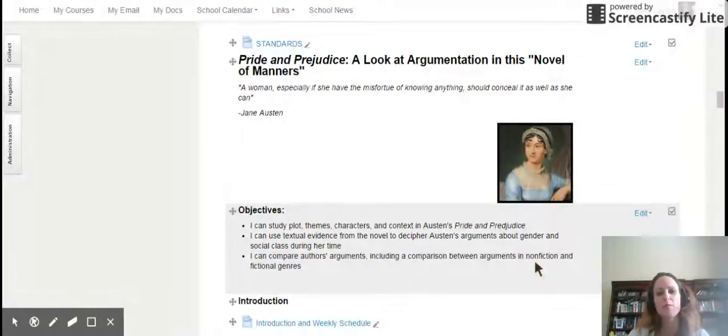This week we're going to be focusing on the fictional story, but we're going to be looking at the subtle arguments for women's rights that are inherent in this novel that Jane Austen threw in there, but it's just not as obvious or overt as the arguments of Mary Wollstonecraft that we studied last week. So these are two different women, Jane Austen and Wollstonecraft, both wanting to make some social changes for women and